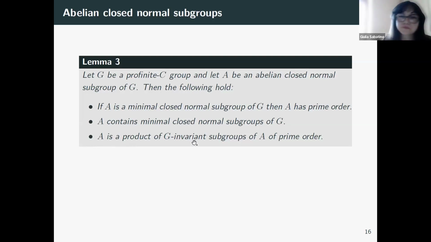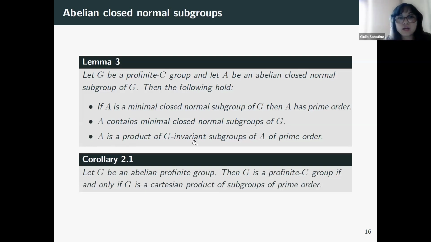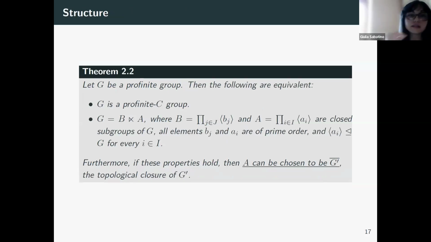As a particular case of this lemma, we have that an abelian profinite group is profinite C if and only if it is an internal Cartesian product of subgroups of prime order. And this will be very important in determining the structure of a profinite C group also in the general case. Indeed, now that we know how the topological closure of the commutator subgroup looks,